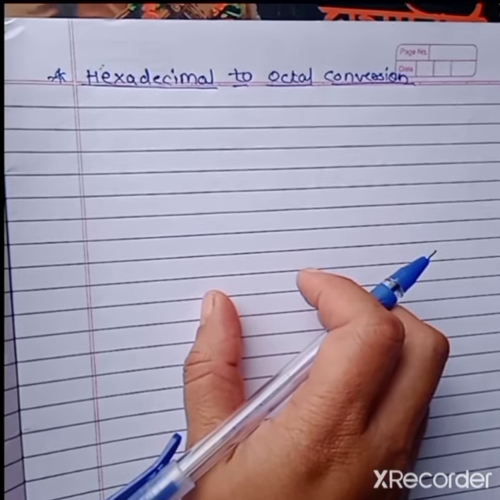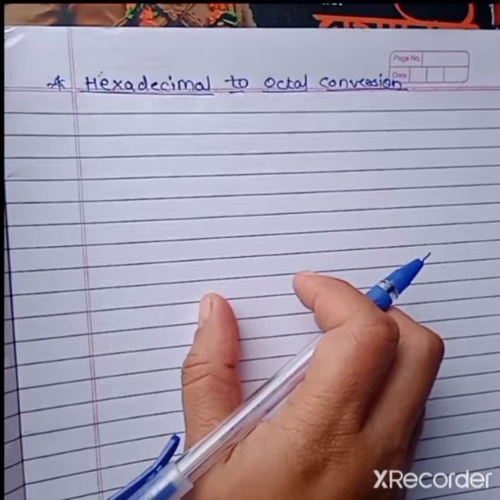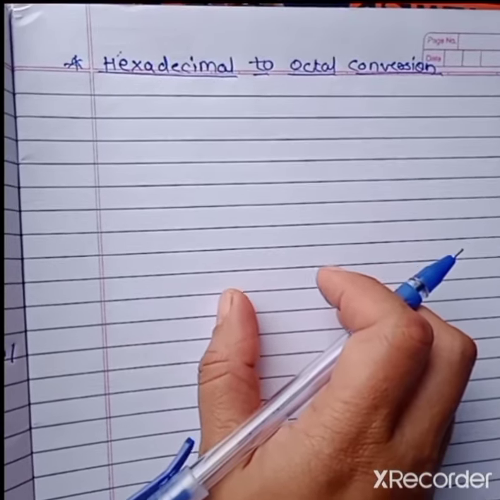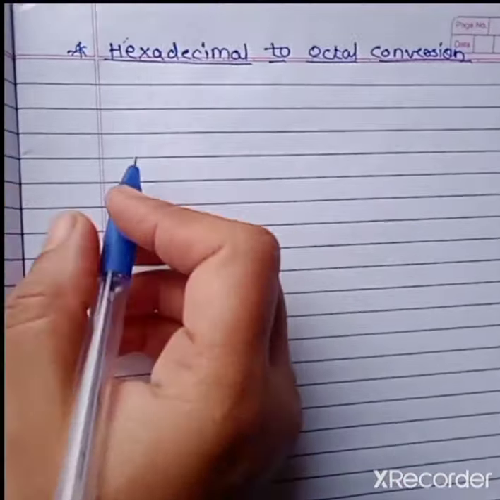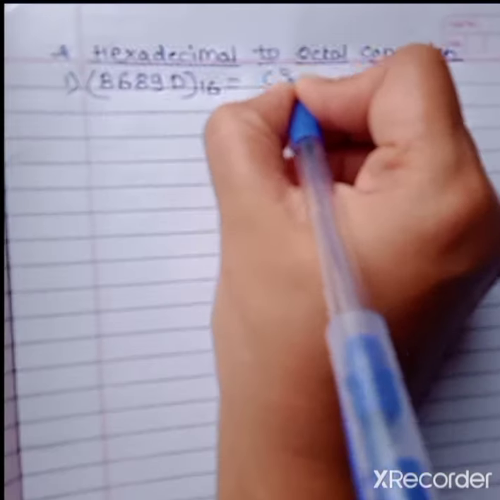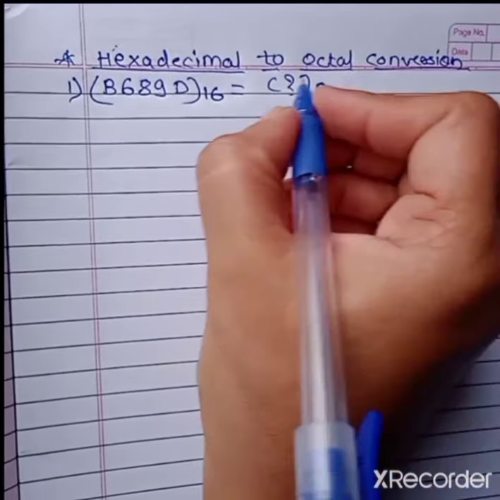So while converting, you have to refer to that table. So we'll see the first example, B689D. This hexadecimal number is given and you have to convert it into octal.